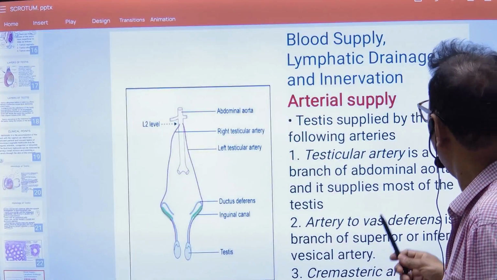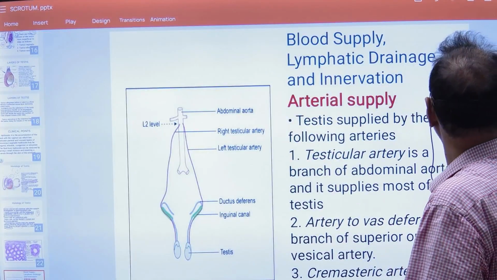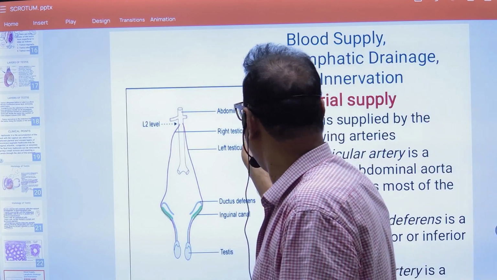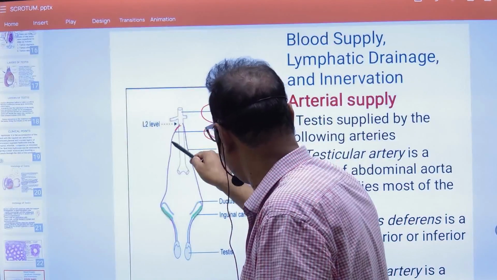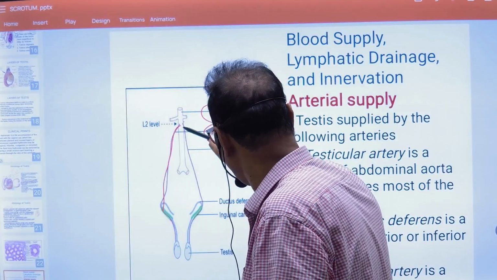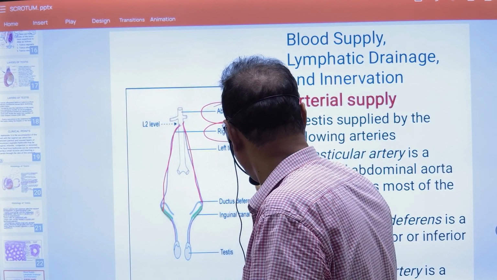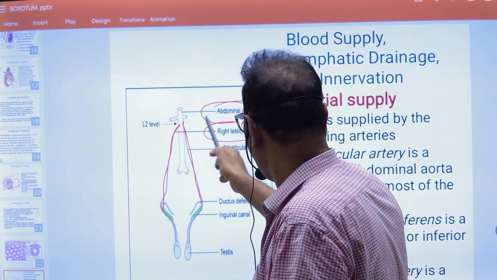Now coming to the blood supply and the arterial supply of the testis. It's actually supplied by the abdominal aorta. From the abdominal aorta, one branch comes out as the right testicular artery, which goes here, and one as the left testicular artery. So on the right side and the left side it will be supplied by a direct branch from the